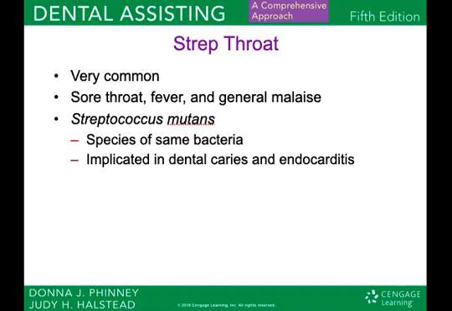Strep throat is a very common disease that is characterized by a very severe sore throat. People with strep throat can get fever and just a general feeling of not being well. Strep throat is caused by the Streptococcus microorganism, which is a species of Streptococcus called Streptococcus mutans, and it has actually been implicated or connected in dental caries and